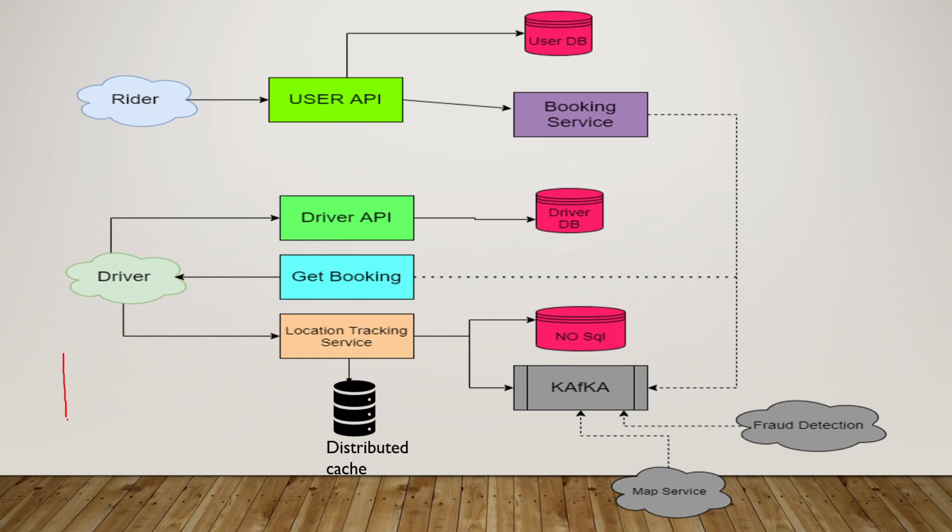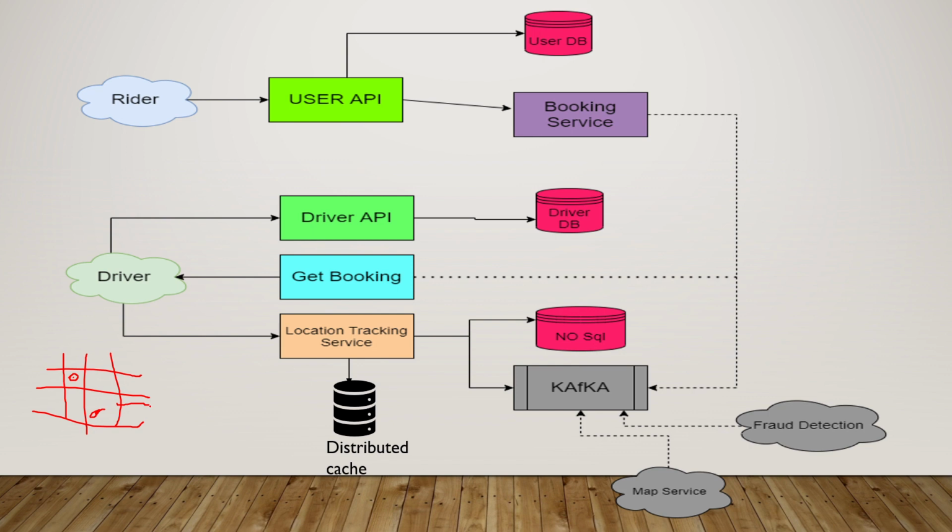So suppose this is a grid kind of map, and suppose the driver sent the location and he said that he is present in this particular grid, and the one rider is there who is requesting from this particular grid. So in the distributed cache, it can store all these grids, which can be numbered. I will go into detail of how these grids are formed and how we'll get these grids later down the slides.